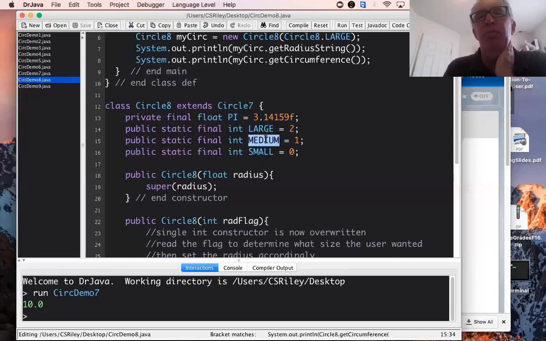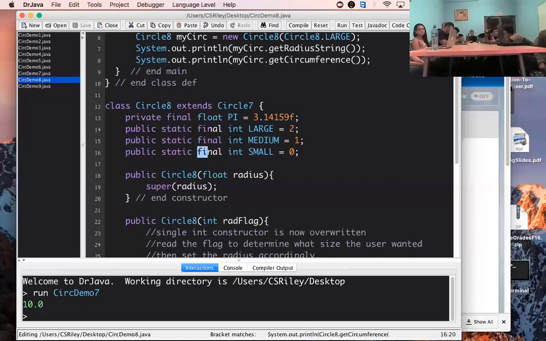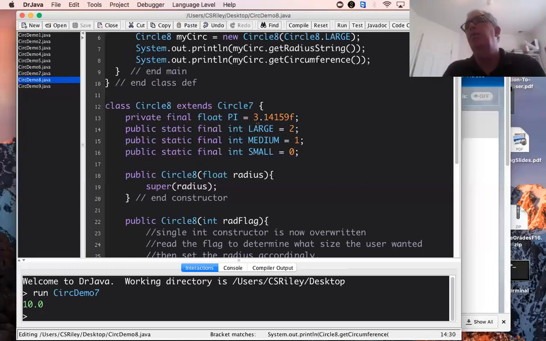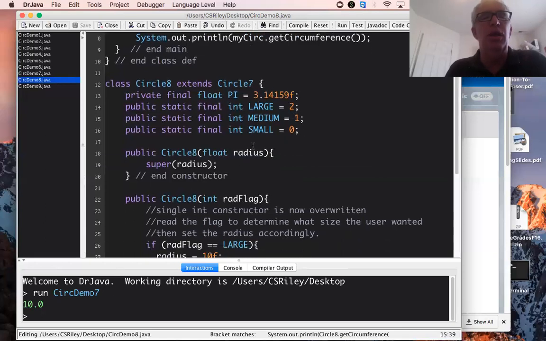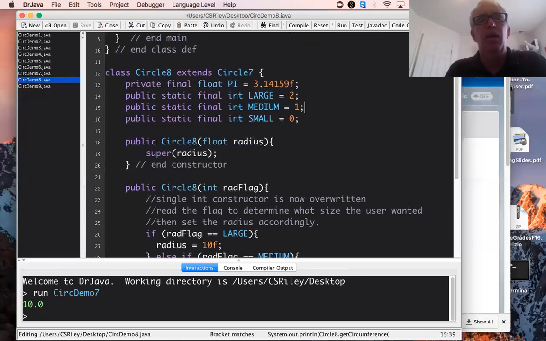I'm going to have another variable medium. It's going to have an integer value 1. A third value small. It's got an integer value of 0. But I don't really want these to change, so I'll make them final. Now, traditionally in programming, all caps means it's a constant. That way I can tell this is intended to be used as a constant, so it's not going to be changed during a run of the program. Okay, so why is that interesting? Well, it's going to turn out to have some really interesting behavior. First of all,